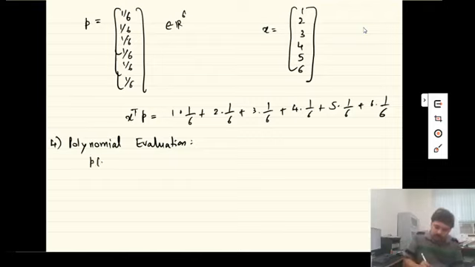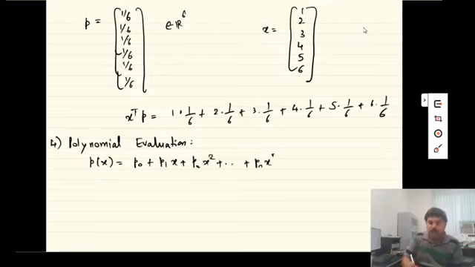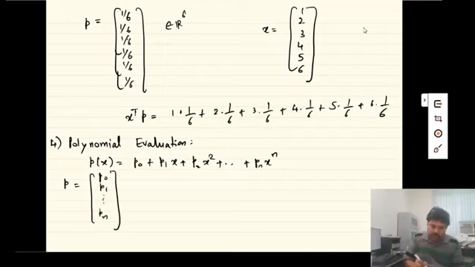Suppose, for example, P(x) is a polynomial given to us, which is given by P0 plus P1 x plus P2 x square plus up to Pn x to the power n, right? So this is a polynomial of degree n. Then I can form the vector P from the coefficients P0, P1 up to Pn,